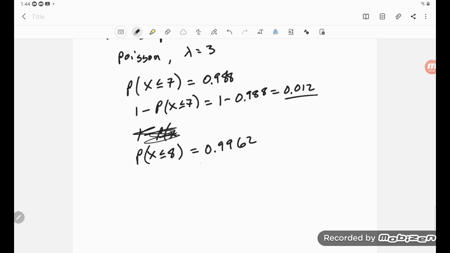So that means if you stock 8, then there is a probability 1 minus that, which is 0.0038, which is indeed then less than 0.01. Okay, so